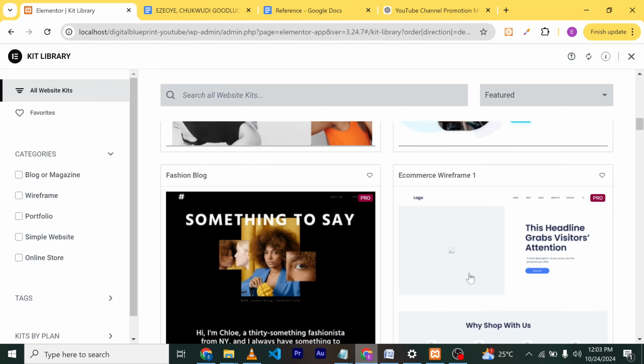All right, so now it is actually prompting us to sign into Elementor, or we can as well create an account. So what I'm going to do, I'm going to sign in with Google, and let me see if I already have an account with this particular email I'm using to record. I'll click on this particular email here,